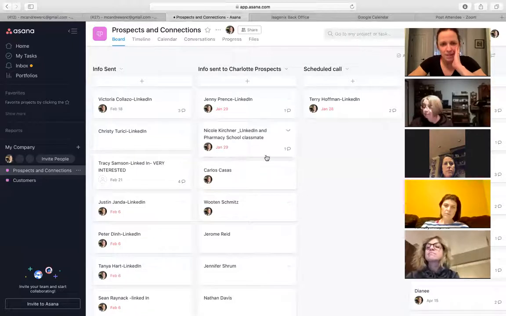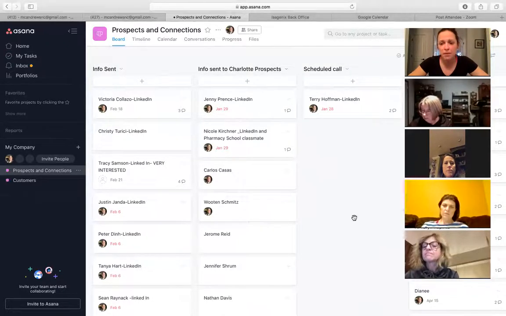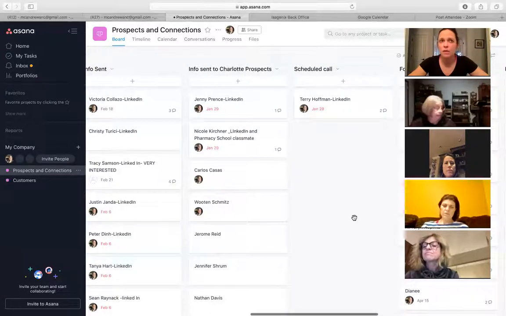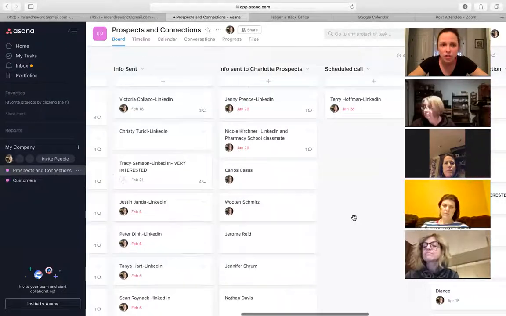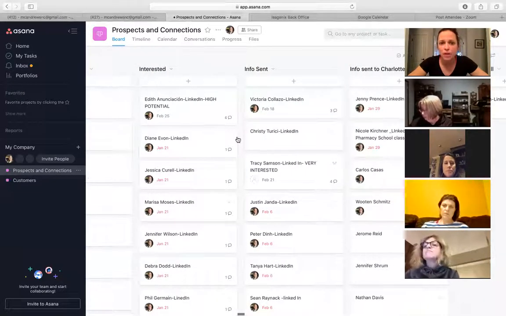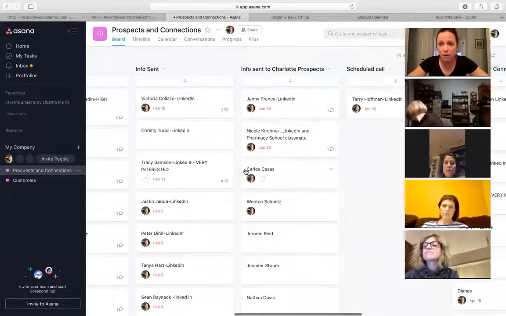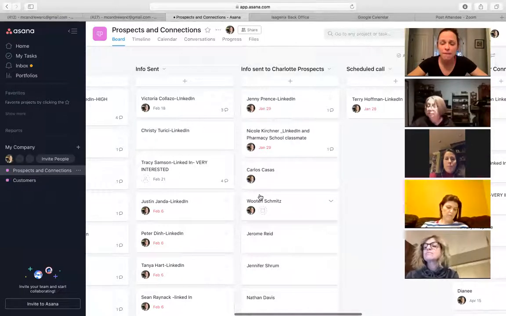So hopefully this is making sense to you guys in creating a visual of where your prospects are in the continuum. And if you've got a really busy week where you're absolutely slammed, but you want a power hour with Isogenics, I highly suggest you sit in this area around people who've said they're interested, people that you've sent information to, and people that you need to follow up with, because those people are warm. They've already expressed an interest. Those are the people you want to spend time with if you don't have much time.